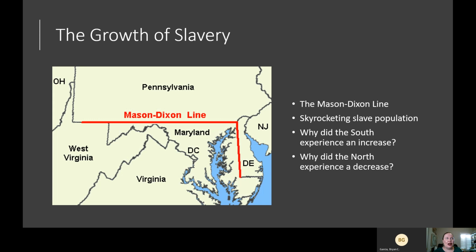So the slave population in the United States is getting bigger, despite the fact that at this time, most northern states were ditching slavery. And by 1860, about 4 million slaves were in the United States. Depending upon the state, in the South, slaves made up somewhere between a third to half of Southern state populations. South Carolina had the biggest proportion. They actually had a slim majority of their state population enslaved.